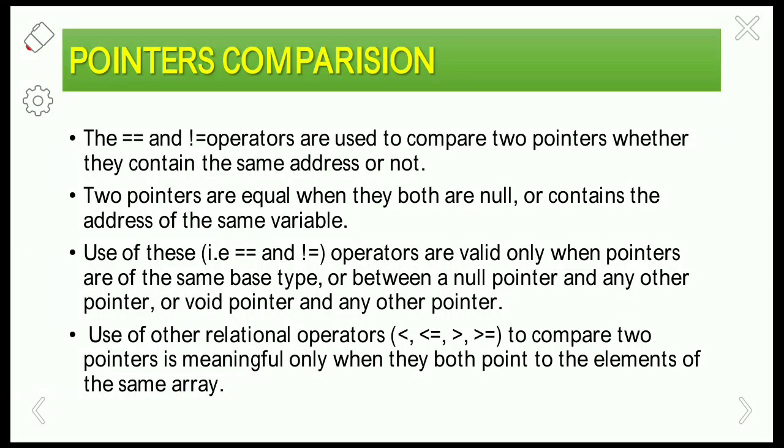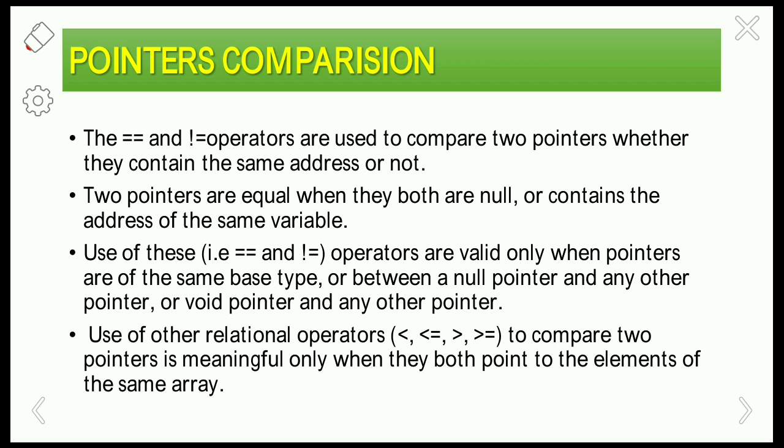In this video we are going to learn about pointers comparison in the C language. In the C language, two pointers can be compared using the relational operators like less than, greater than, less than or equal to, greater than or equal to, double equals to, and not equals to, as long as they come from the same array, or the same block allocated by the malloc function. Otherwise they cannot be compared.